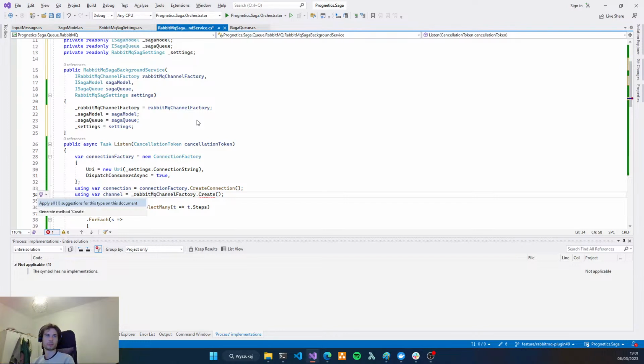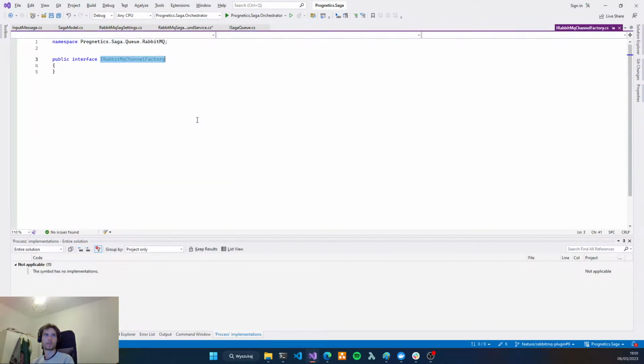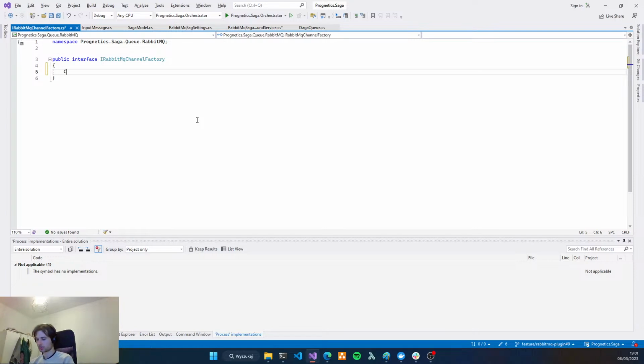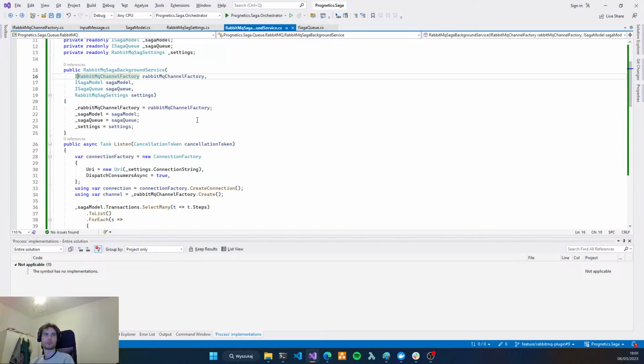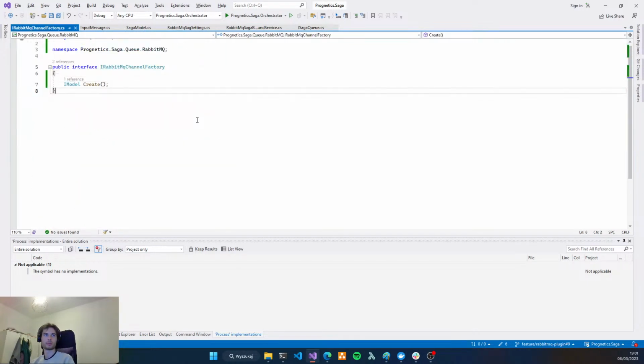Let's create the method which will return IModel, and this will look like that.